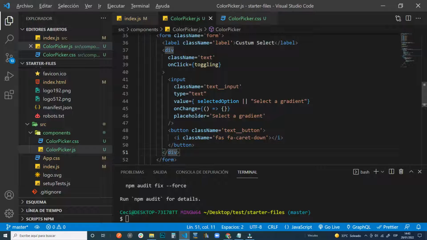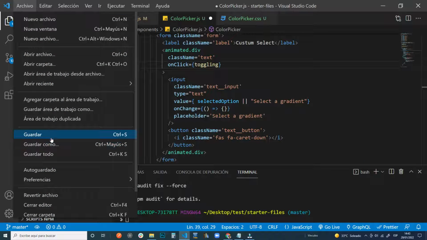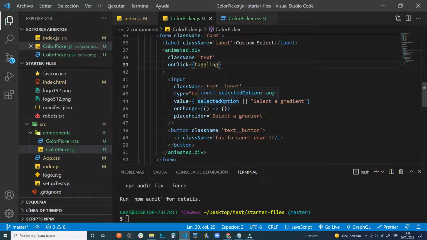Let me just put it like so, double cursor, and we want that to be animated, so we do it like that. And actually we have to build the